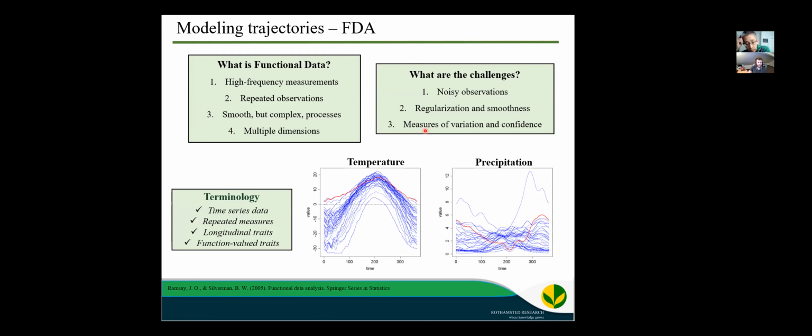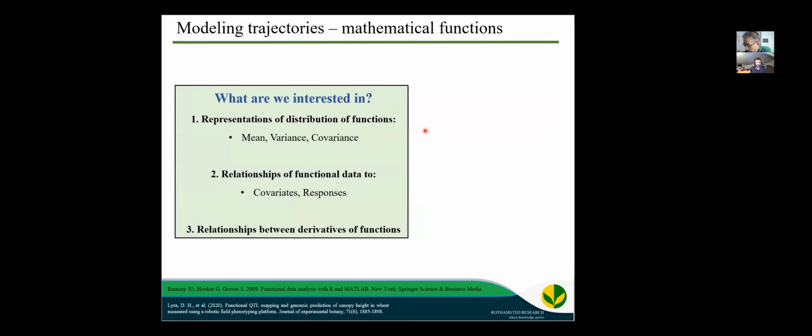And again, I'm bringing up these terminologies because we have many different terms for functional data, and one of the most common is time series data, repeated measures, longitudinal traits, functional valued traits. Sometimes I speak with all of them at the same time. It's confusing, but to me, they say the same thing. But if you ask animal breeders, they could point out some differences in these terminologies. Okay, and what we're interested in with these data,